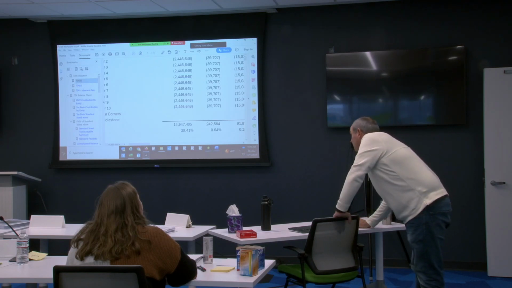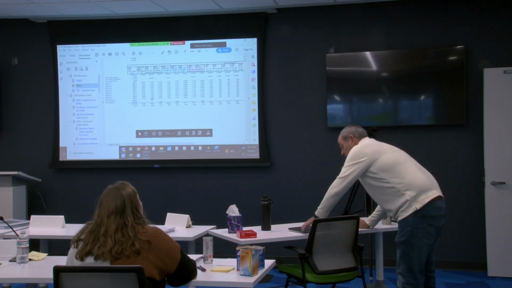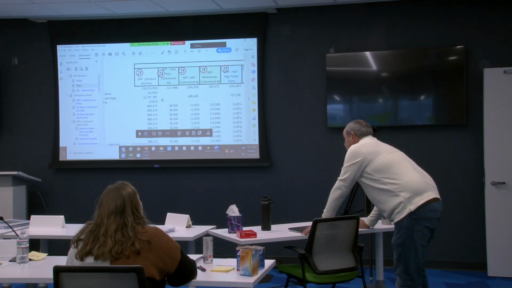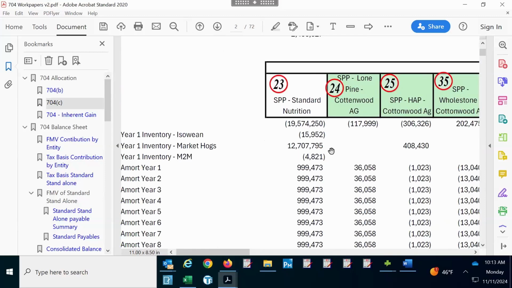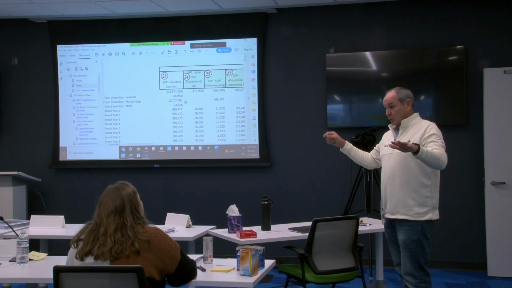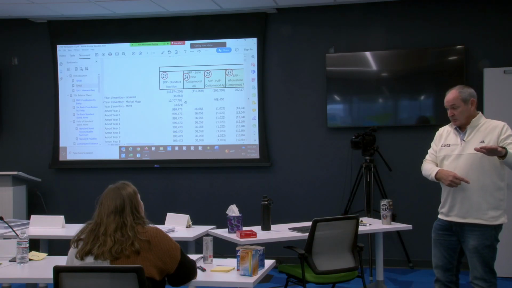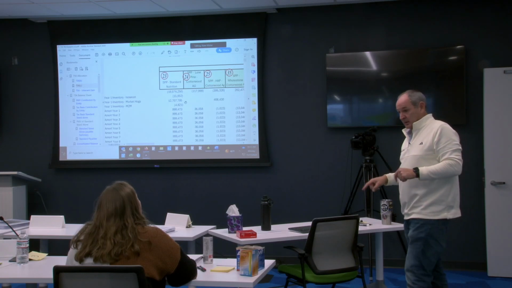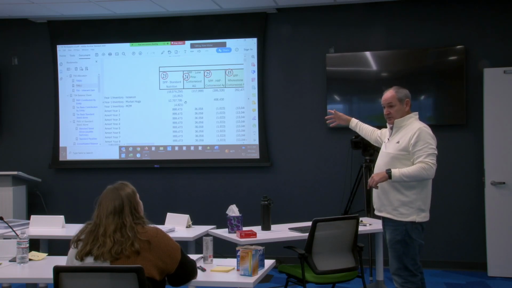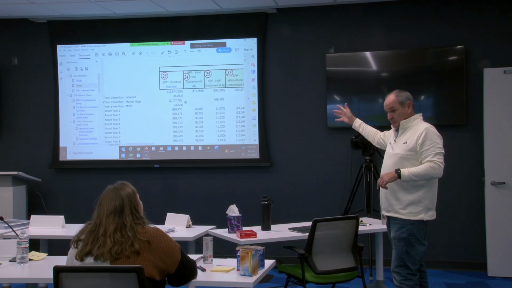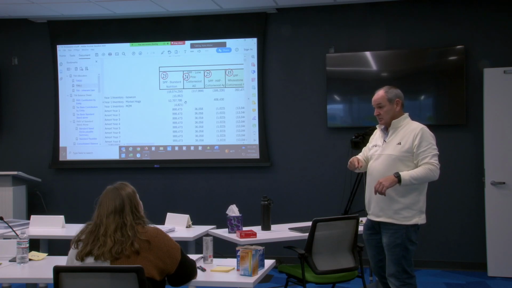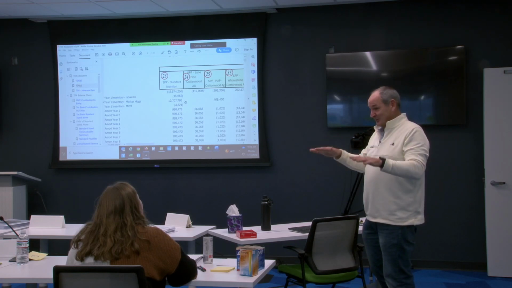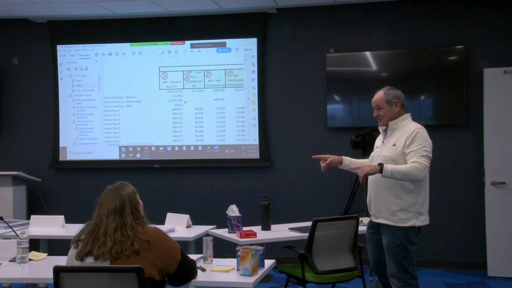Because on the 704C in year one, Standard is going to get almost $13 million of required allocation to them. Has nothing to do with the 39% that they own. We're jamming $13 million their way because of the required allocation. In this schedule, on today's call, if everybody agrees to what I've done here, then this is going to be the allocation schedule over the years. So then with respect to depreciation, okay, this is going to get really confusing really fast. But don't worry, we're going to solve that.